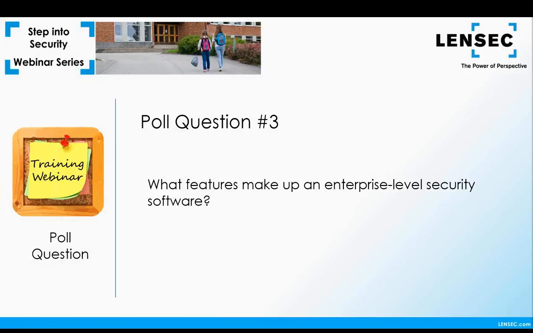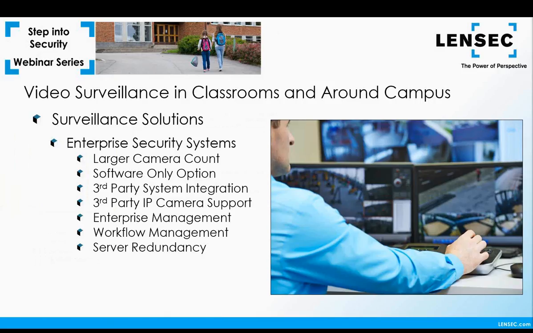Enterprise systems allow for a lot of flexibility in the configuration of the security footprint. They bring an advanced and complex level of system design that most small systems just can't handle. Let's take a look here at some of the key considerations in an enterprise security system. All of the VMSs selected by most integrators share most of the following differentiators. These enterprise features are generally not found in smaller scale systems.